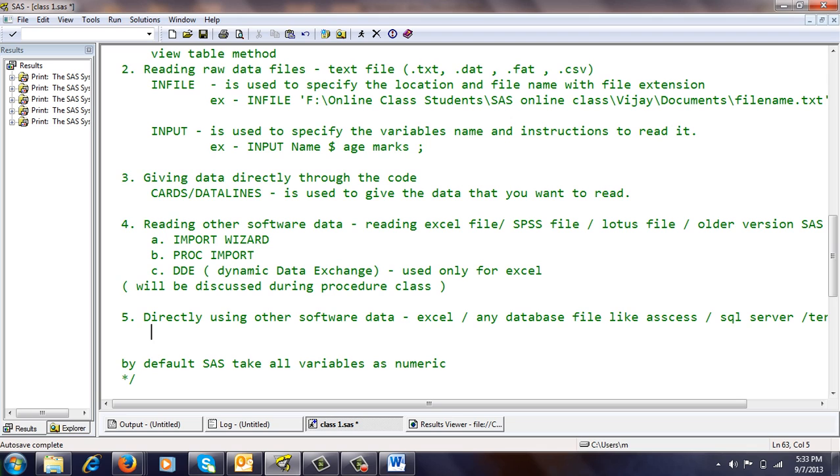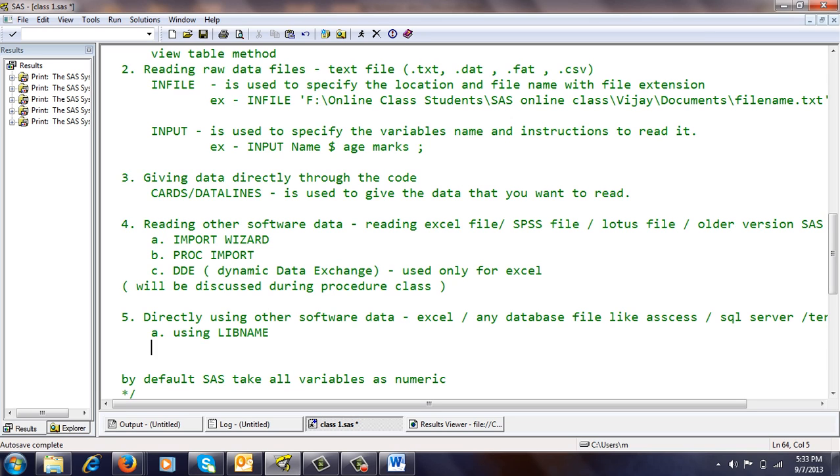For this method we again have 2-3 methods. First one is using libname. Second is using Proc SQL. This will come under advanced SAS programming.